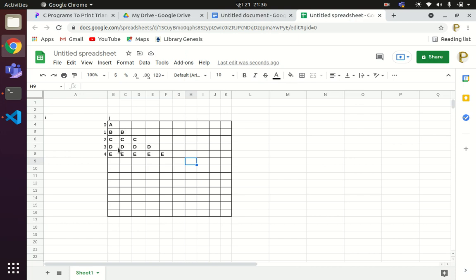Here also the value of I determines the value of J. So J should run how many times? It should run I times. Okay, so the running of the inner loop is determined by the value of the outer loop variable. Okay, so just we have to print what? The alphabet there. So simple question again.